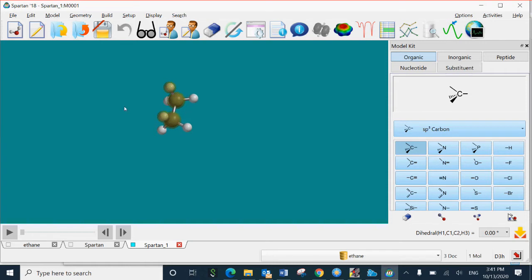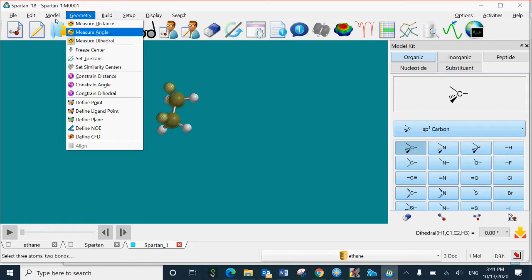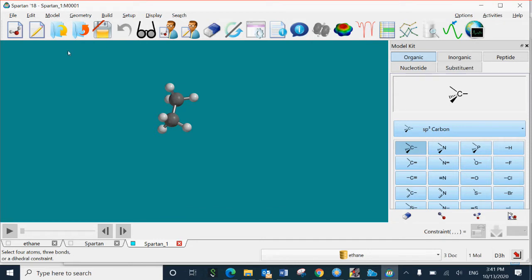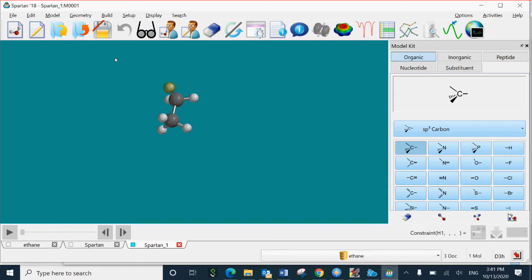Now the next step is to constrain the dihedral. So go to the geometry menu again, then click on constrain dihedral, and then select the same atoms in the order 1, 2, 3, and 4.